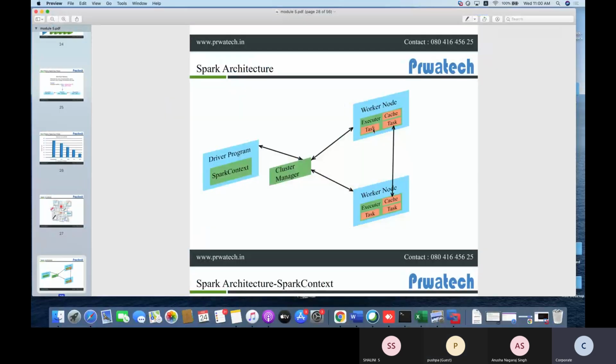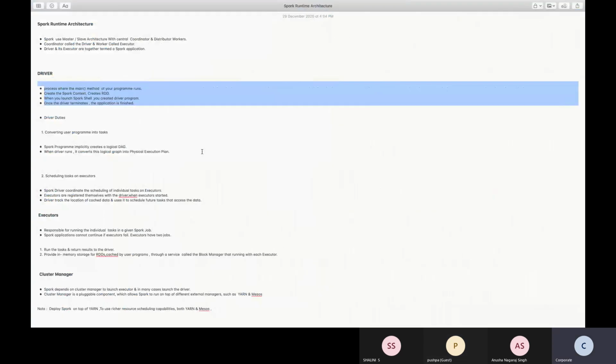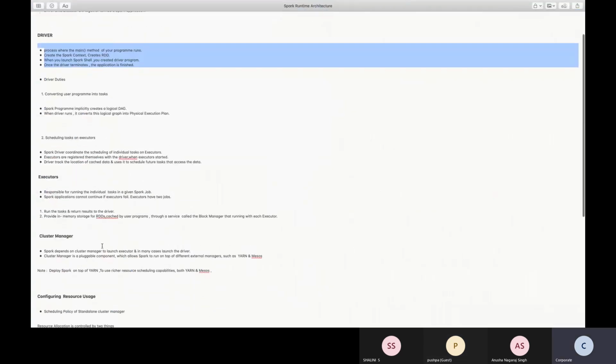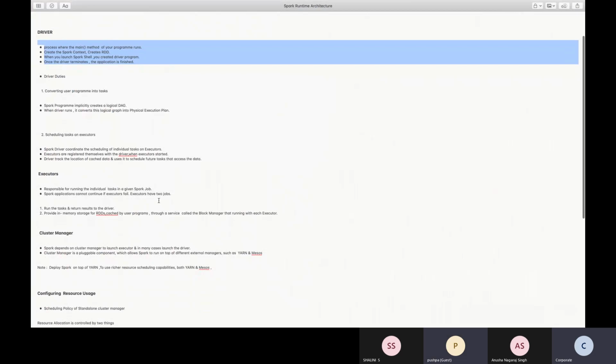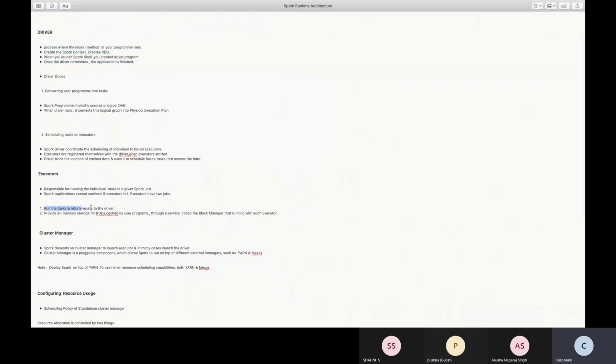The executor's job is to execute the job on the node. If it fails, then no job will execute on the node. It runs the task and returns the result to the driver node. It provides in-memory storage, the RDD cache.